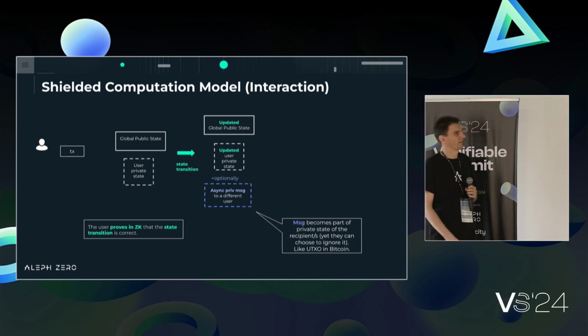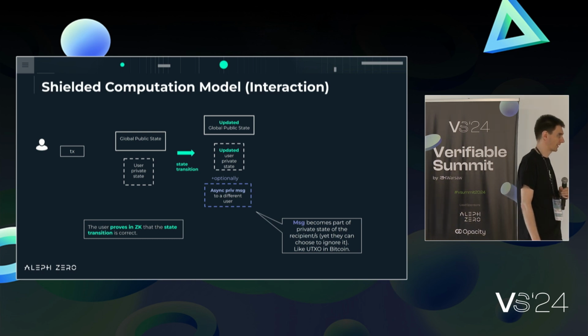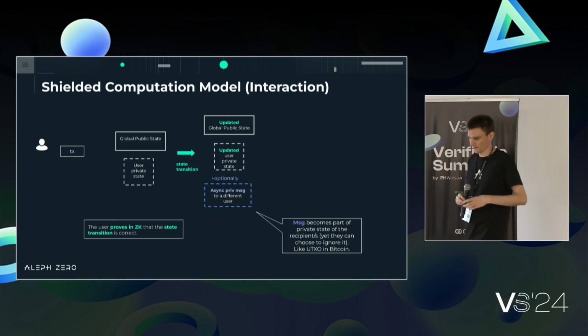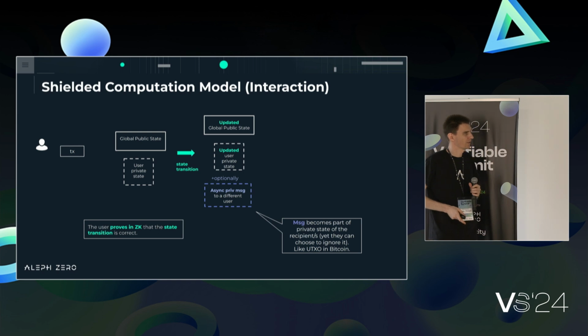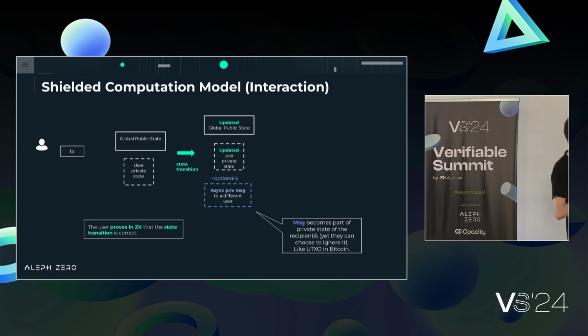Obviously, how do we use zk-SNARKs here? We prove that this state transition is correct. There will be rules, obviously, for what is a correct state transition. So if I have 100 coins and this says I have 110 coins, well, it cannot just happen out of the blue. Some coins have probably moved from global state. Maybe I claimed some airdrop or whatever. So everything needs to still make sense. And the fact that it makes sense, the user will prove using a SNARK.